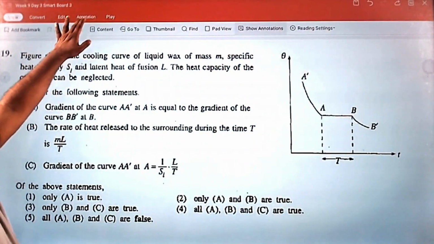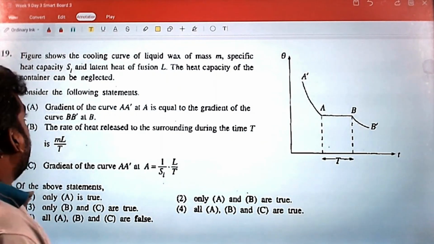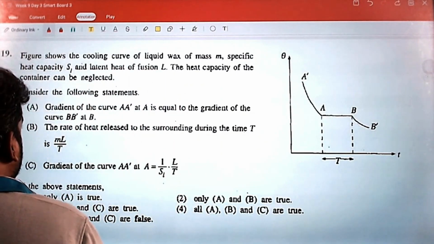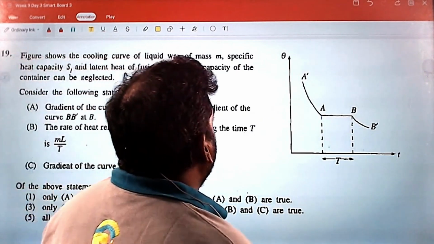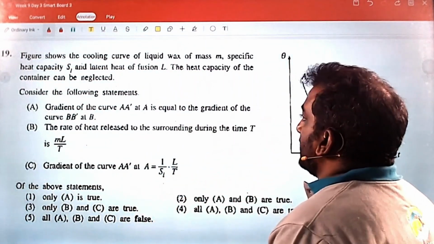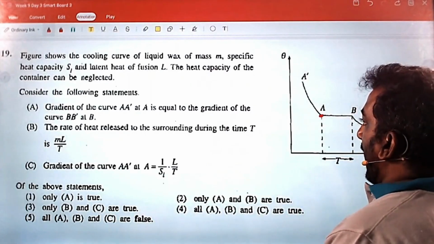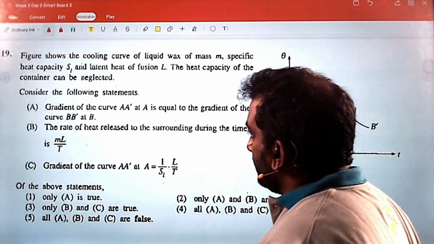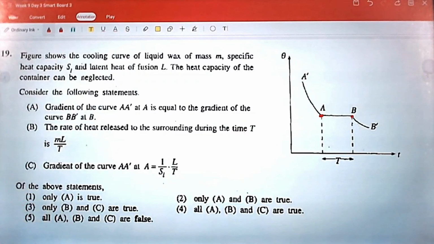The figure shows the cooling curve of a liquid of mass M, specific heat capacity S_L, latent heat of fusion L, and the heat capacity of the container is negligible. Consider the following statements. The gradient of the curve at A dash A is equal to the gradient of the curve at B. This point here. Now, if you look at it carefully,